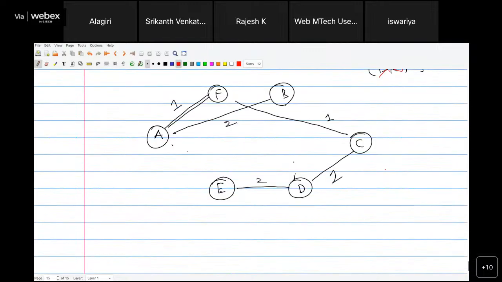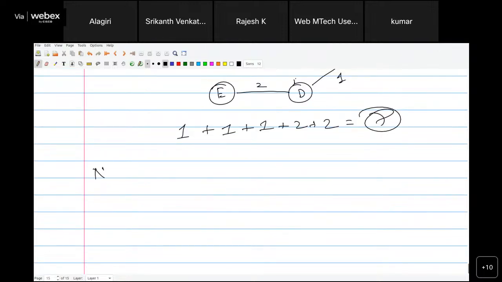Okay, but here one query: the minimum cost becomes 8 here. Okay, so it is coming more. Why is it 8? This is 1, 1. Okay. So the minimum cost is 1 plus 1 plus 1, 2 plus 2. I am about to make that note. Okay. So the note is